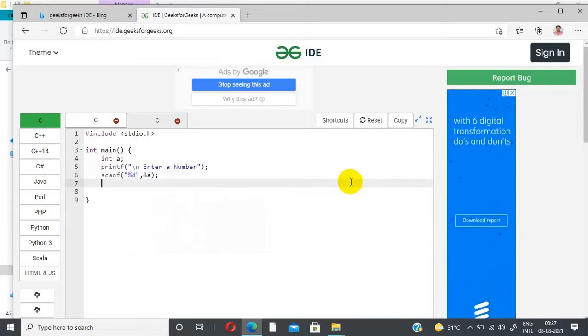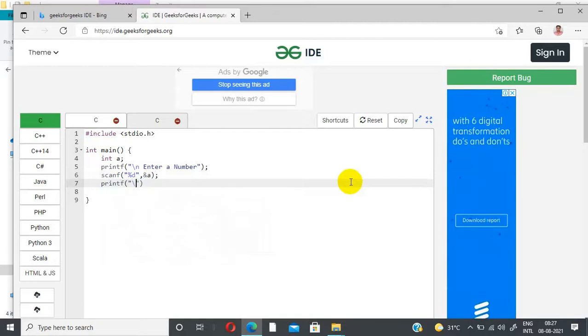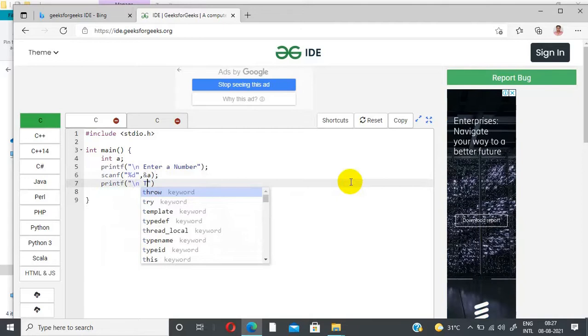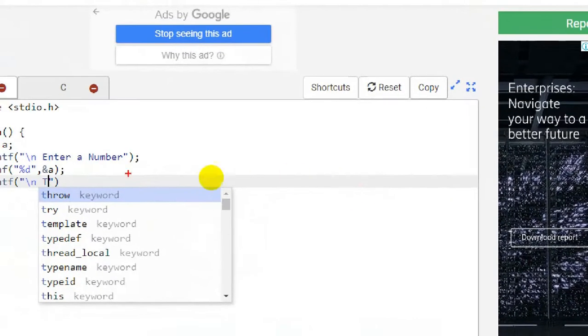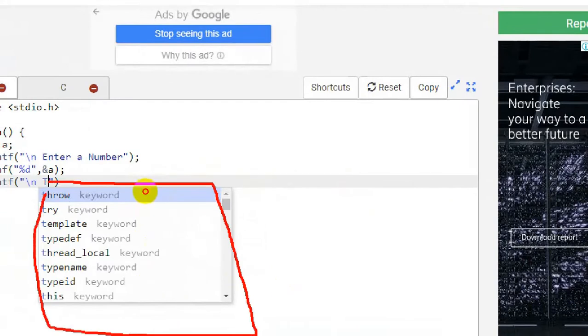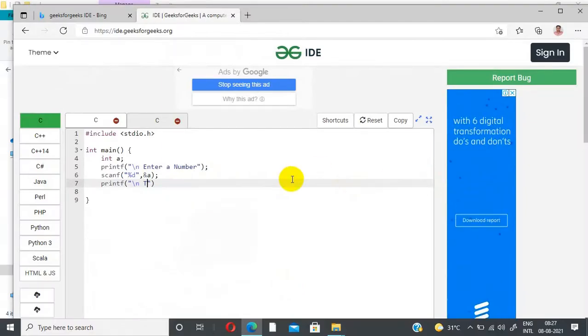Now I have to print the value. Printf. See how much it is helping. For every letter we type, this help drop down menu appears here. When you press escape, it will go away.